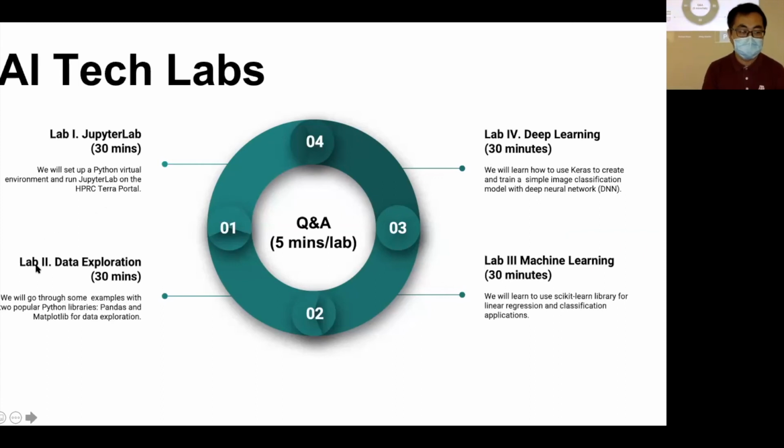The second lab is called data exploration. We will go through some examples with 2 popular Python libraries called Pandas and Matplotlib for data exploration. Pandas is used for data manipulation and analysis. It has 2 data structures, and one of them is called a data frame.